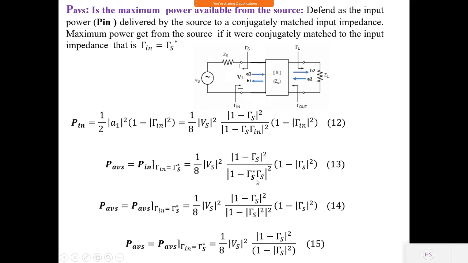So this is the magnitude square of tau s. By doing that, this will cancel here. You see here, |1 minus tau s|² and then the whole square is there. So one square term will be cancelling here. Out of this, one will be cancelling. Remaining is |1 minus tau s|².